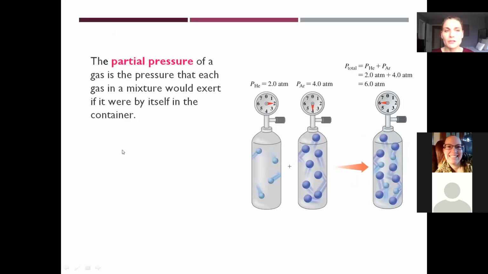So when we think about partial pressures, it's assuming there's a gas mixture. The partial pressure of a gas is the pressure that each gas in this mixture would exert. We can think about the partial pressure of helium at 2 atm. We can also look at the partial pressure of argon at 4 atm. And what you do is you just total them up, so you can find the total pressure of these combined gases. Like I said, in the atmosphere we have molecular nitrogen, molecular hydrogen, molecular oxygen, and CO2. So it's a mixture of all of these gases together, and that's what allows us to see these partial pressures.